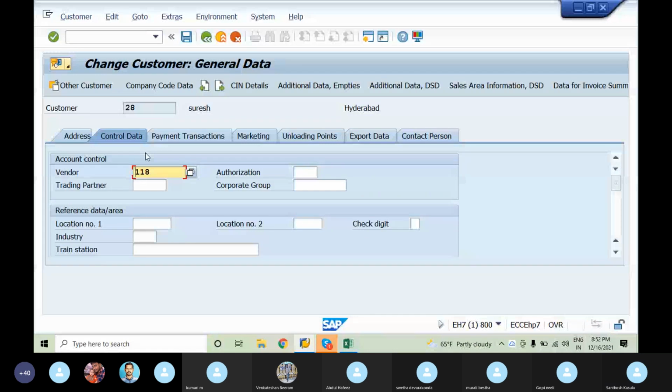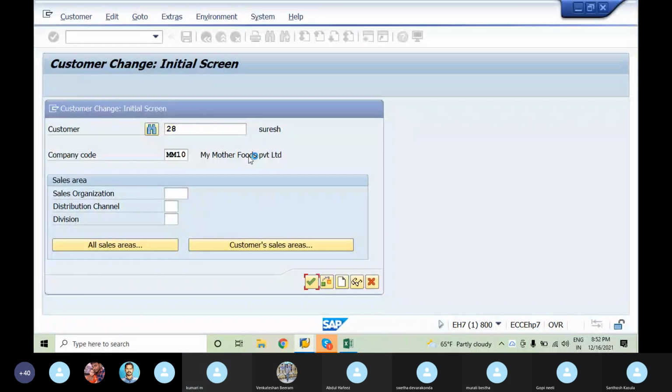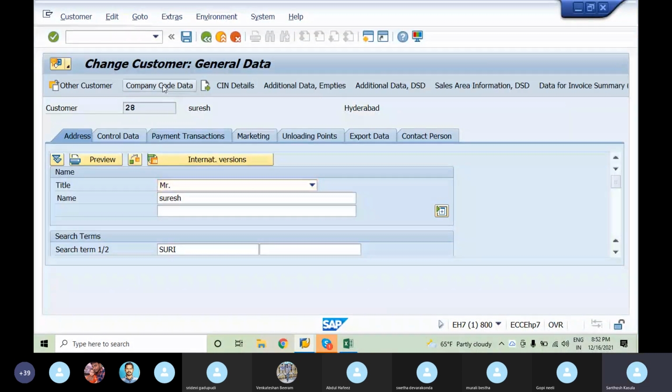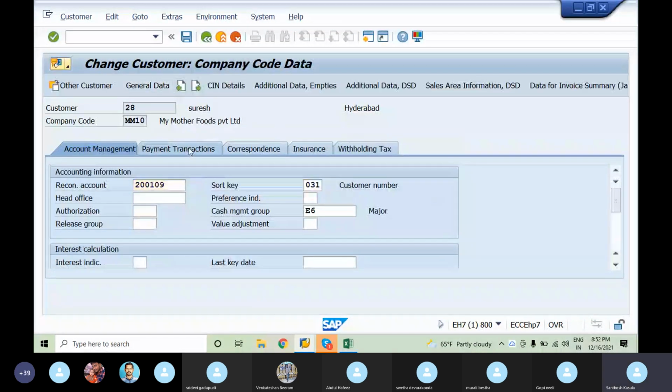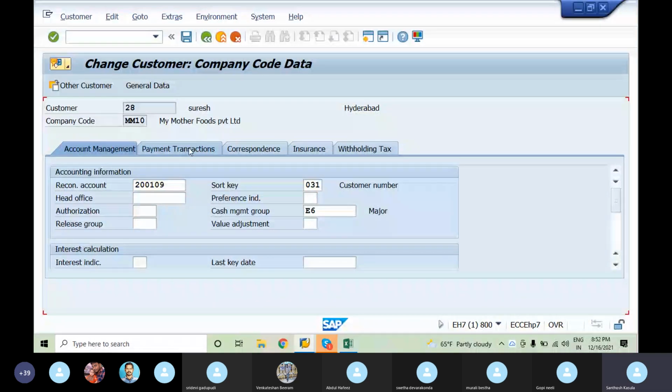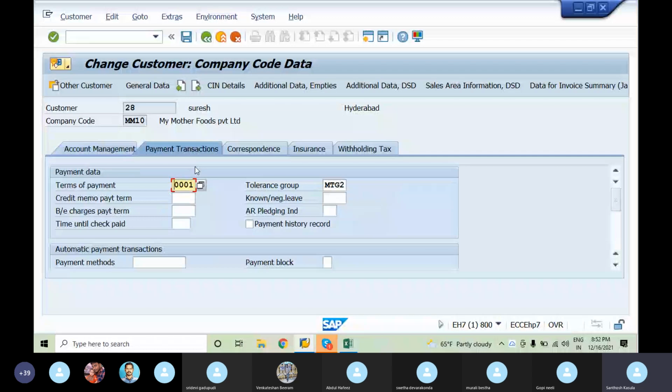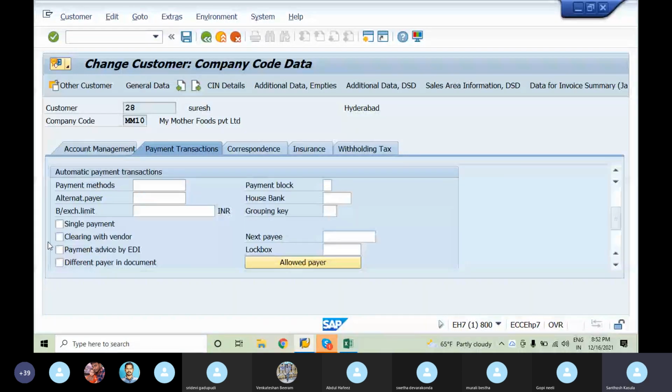The next step is selecting clearing with customer and clearing with vendor. Go to company code data, payment transactions, clearing with vendor. We select these options because when we have both the customer and vendor invoices to set off, we need to select this option.